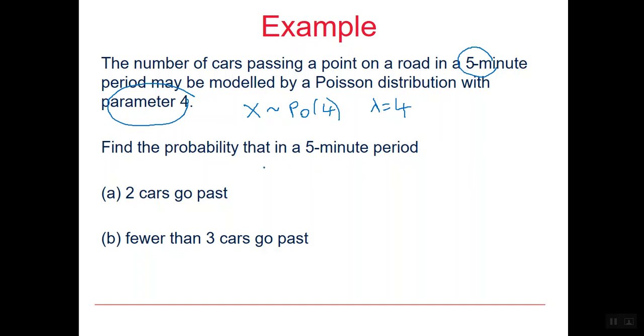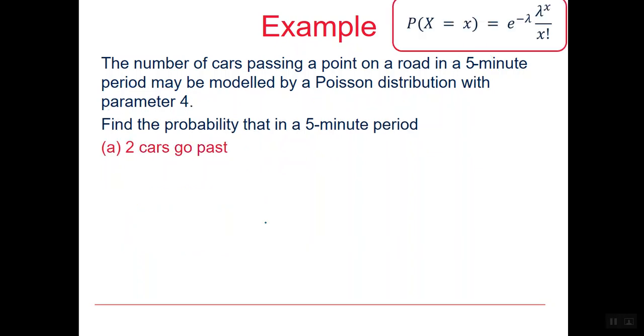We're going to use the Poisson distribution to find the probability that in any 5-minute period, what's the chance of only 2 cars going past? And then in part B, we're going to work out the probability that fewer than 3 cars go past. So first of all, for part A,